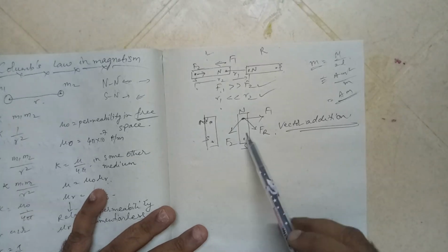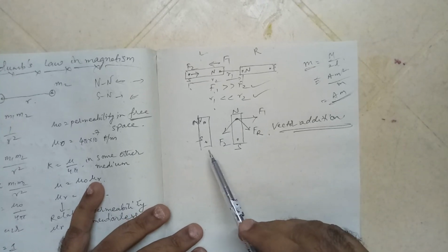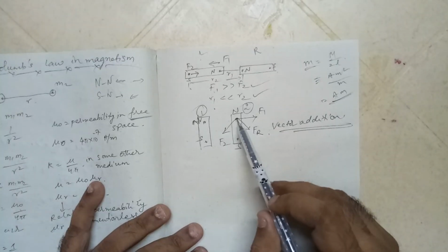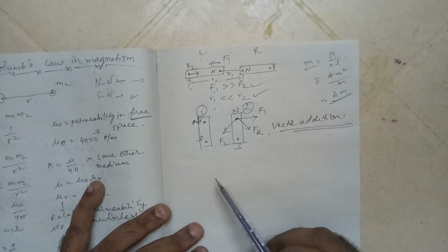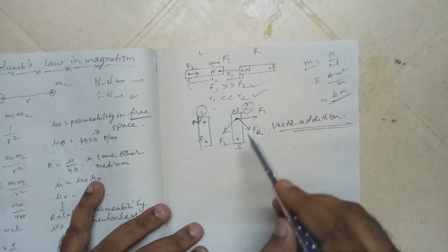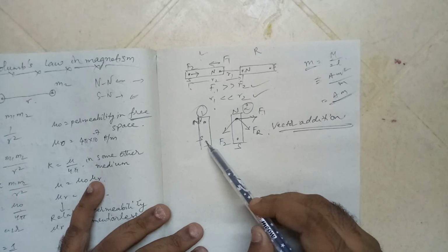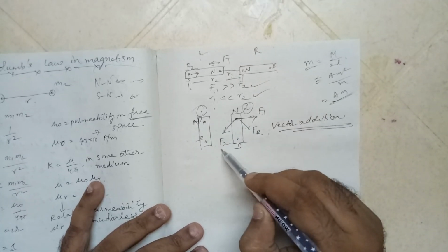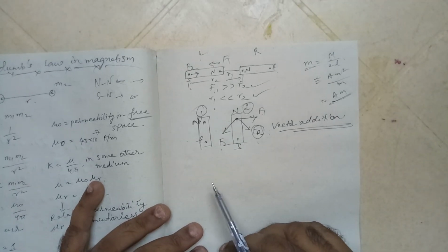Suppose you take two magnets in a vertical position, north-south alignment as shown in the figure. I will call this the first magnet and this the second magnet. Observe how the north pole of the second magnet experiences a force because of the first magnet. North to north will be a repulsion, so it will experience a force F1 in this direction. The south of the first will experience an attraction, so this force F2 will be in this direction. The resultant of these two is Fr. This Fr can be obtained by vector addition.